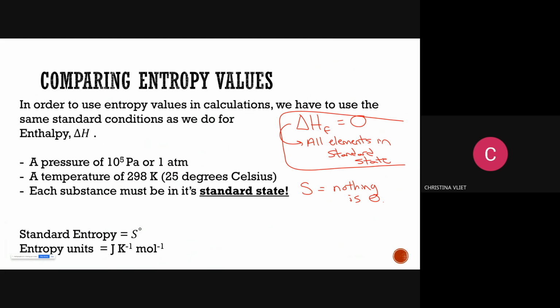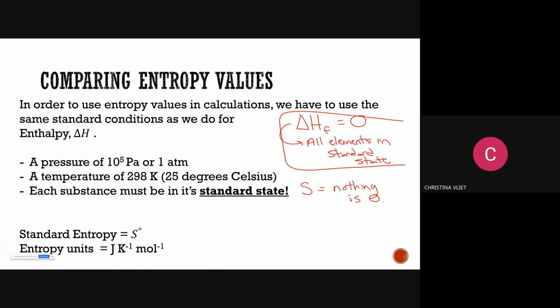That means there'd be no possible different arrangements. And even if we're in the solid phase, can molecules vibrate? Is vibration still considered a movement of sorts? So although a solid would be a very low entropy, it does have some entropy.